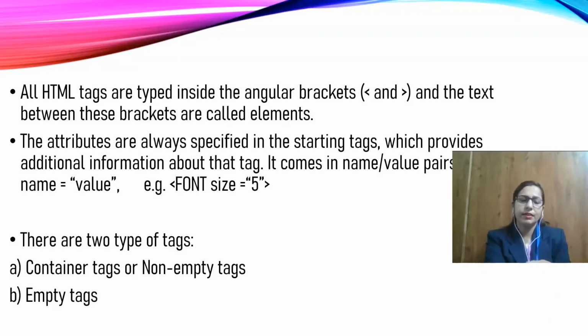See this example: if you want to set the size of the font shown on our web page, and the size will be 5, we can do this using the font tag. In the font tag we can write an attribute. The name of the attribute is size. Size equals double quotes, and in between the double quotes we write the size of that element, whatever size we want, here 5. Okay, and then the closing tag, like that.